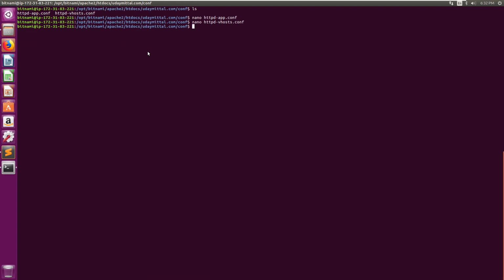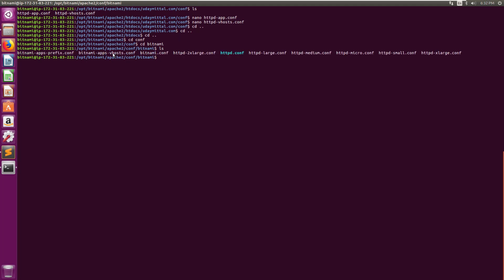Next change that we need to make is to the Bitnami vhosts configuration file. So we'll essentially need to tell it to include this vhosts file, and that file is located in the opt bitnami apache 2 configuration folder. So let's navigate to that. So cd conf and cd bitnami, and here there is a file called bitnami-apps-vhosts.conf. So we are going to edit this file,